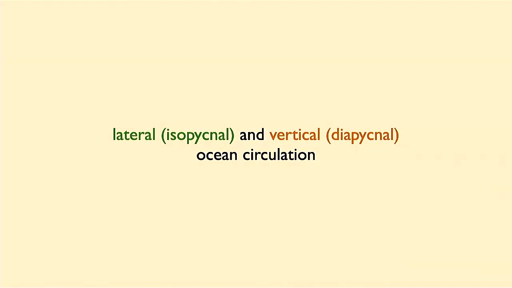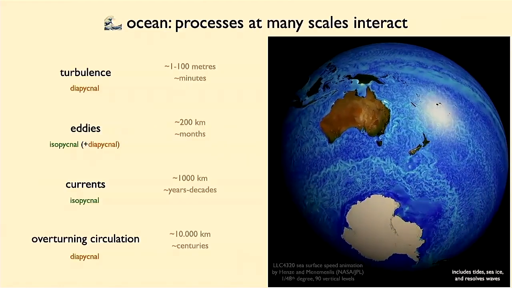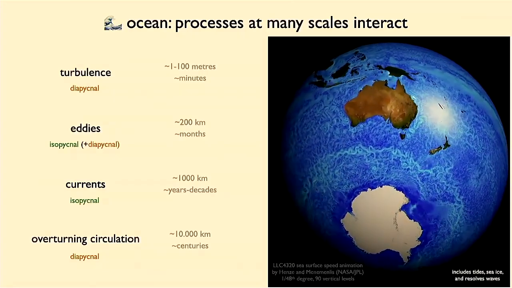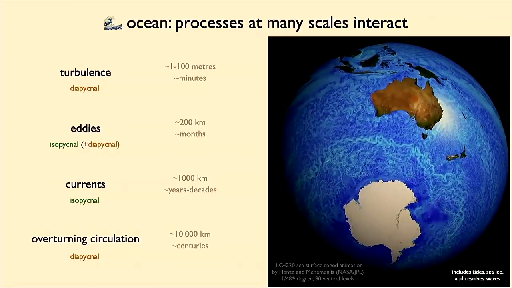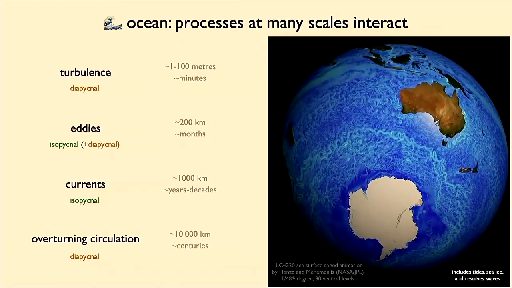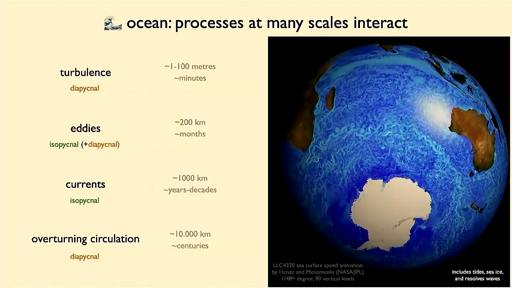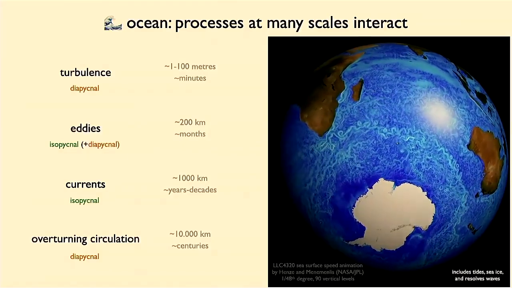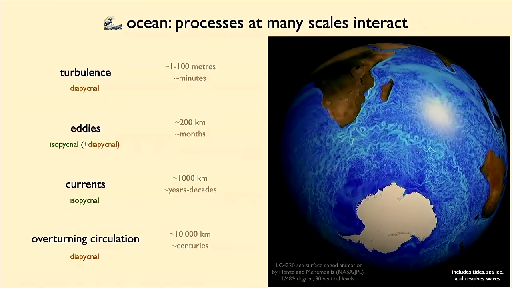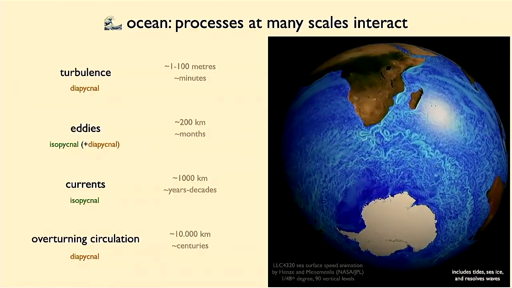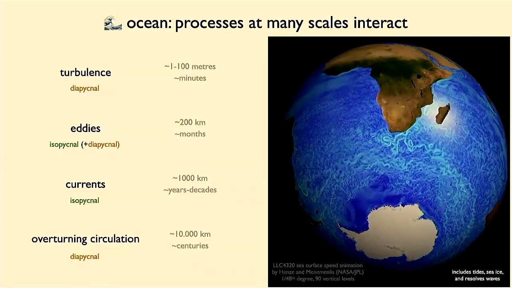But anyway, so we'll talk about the bits of the ocean circulation that goes along isopycnals or along surfaces of constant density, and some bits of the ocean circulation that crosses them. Okay. So the ocean circulation varies at many, many, many different scales and many, many different time scales. You see here a glimpse of that because what the movie shows is surface currents from one of the biggest global ocean simulations ever run. This is a simulation with a horizontal resolution of 1 to 2 kilometers.